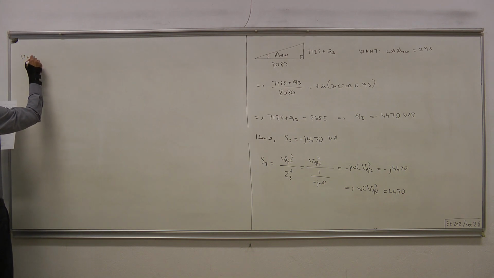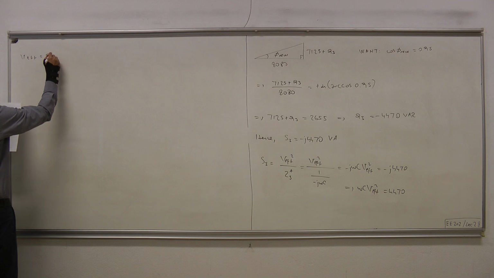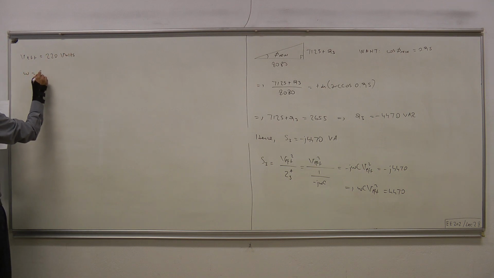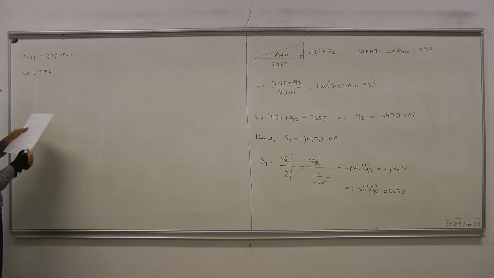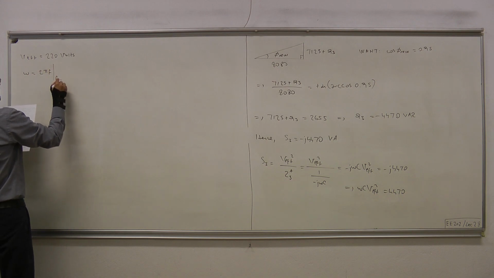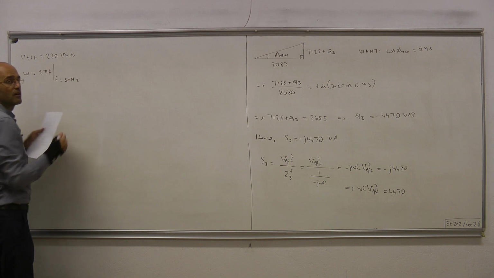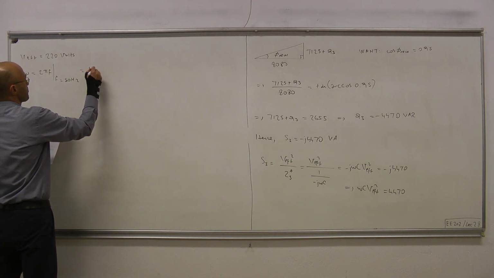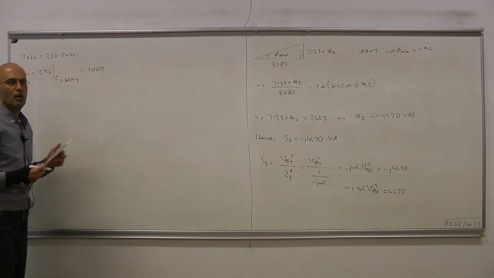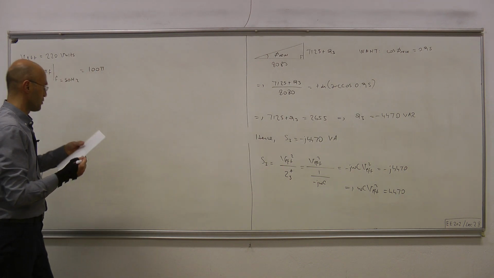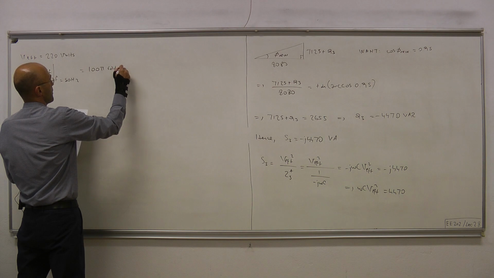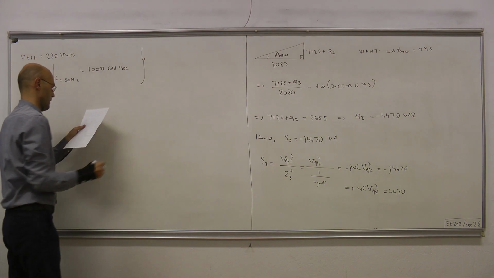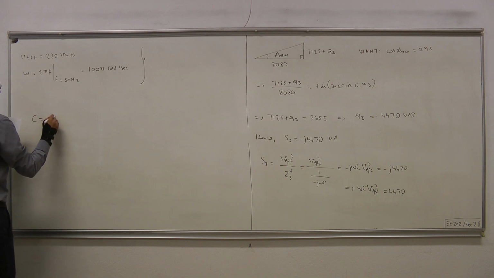So V effective equals 220 volts, omega equals 2 pi f. F is given to be 50 hertz, so that makes 314 radians per second, approximately. Therefore, we can write C equals